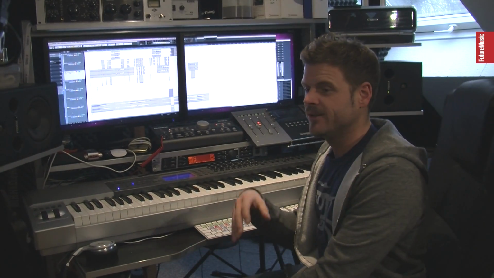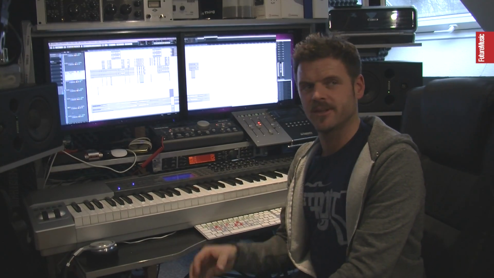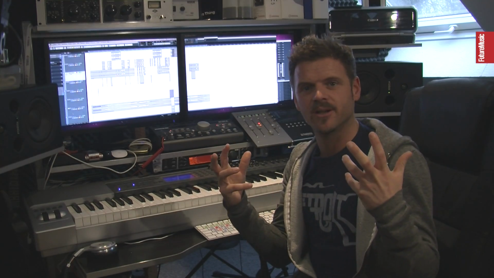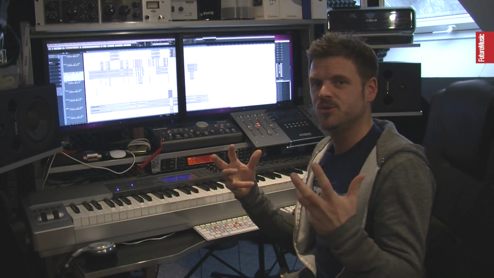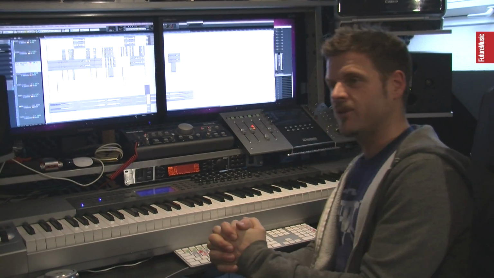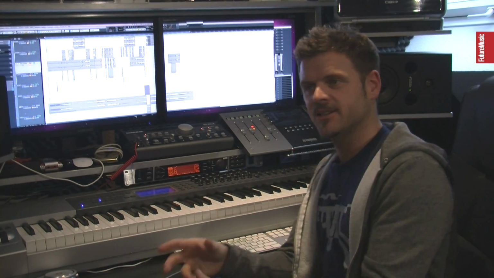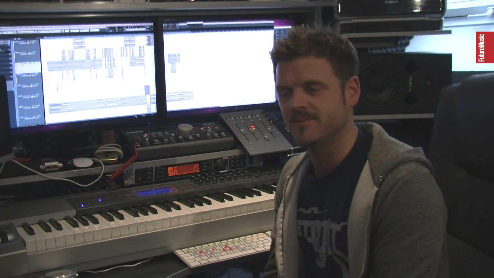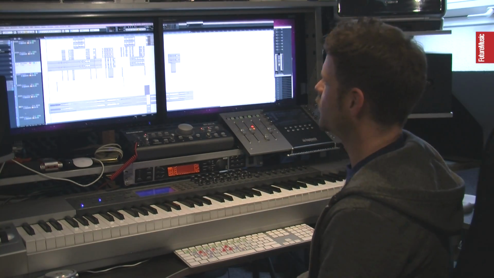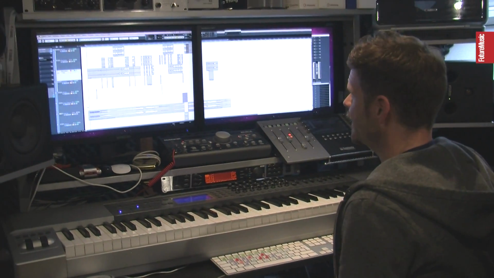Normally, when you have big diva vocals with a lot of screaming and everything, you have a lot of room in the recording, which is really hard to handle if you have to reduce that, because when they scream a lot, they go further away from the microphone. Sometimes it's a little bit too much, so you can hear a lot of room in the recording. So what I did here is